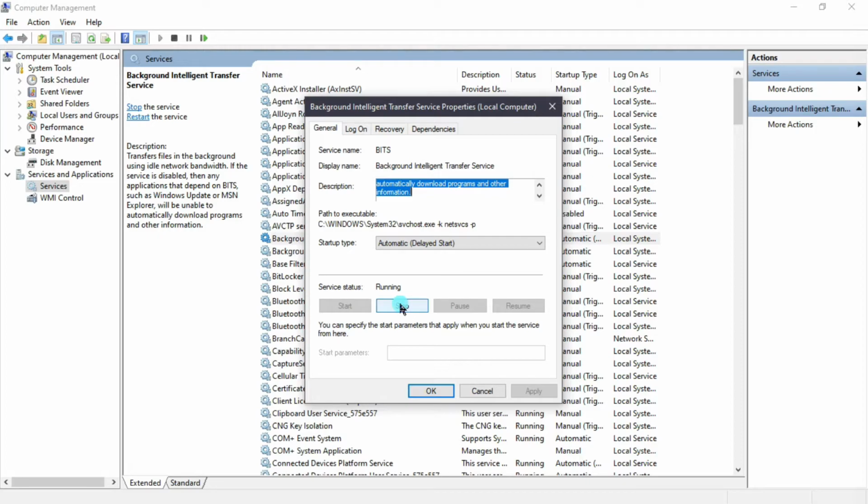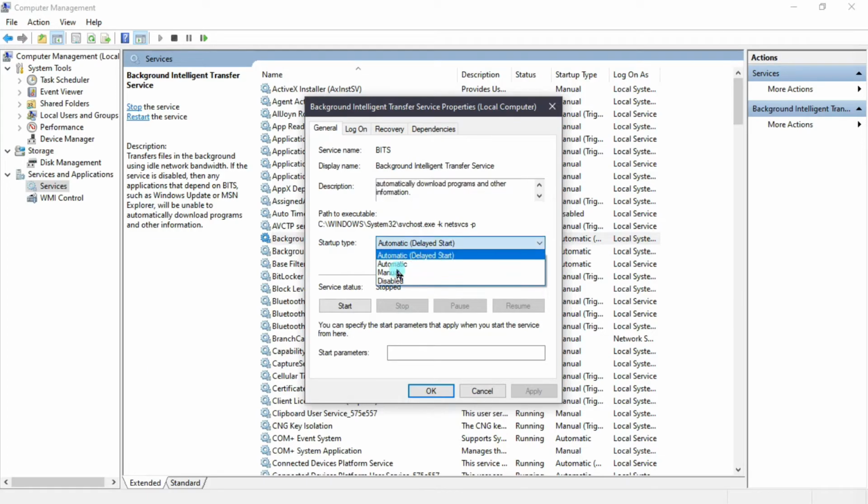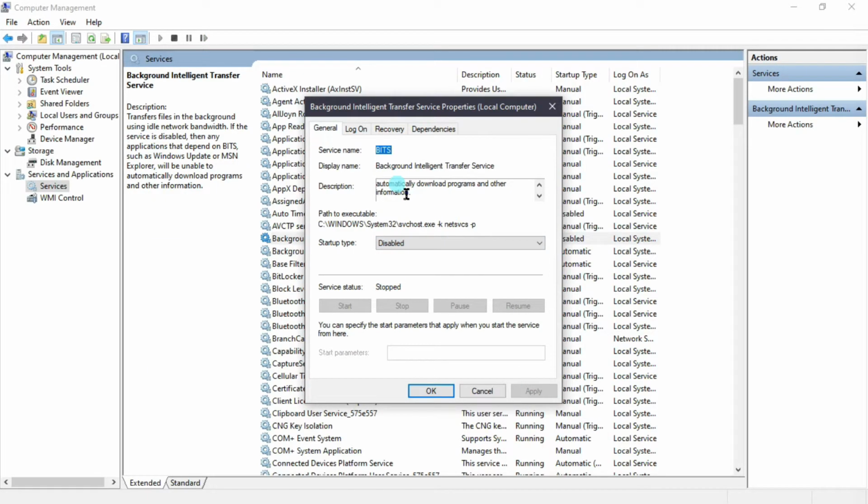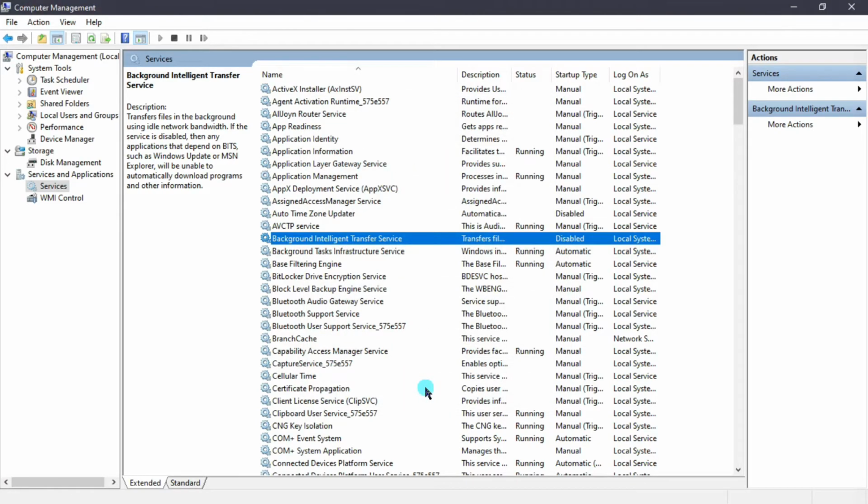So friends, this means that this service downloads programs and other information in the background. So you have to stop this service, and in the startup type, select Disabled, and after that Apply. This setting will take effect immediately. After that, select OK. So the first query is solved.